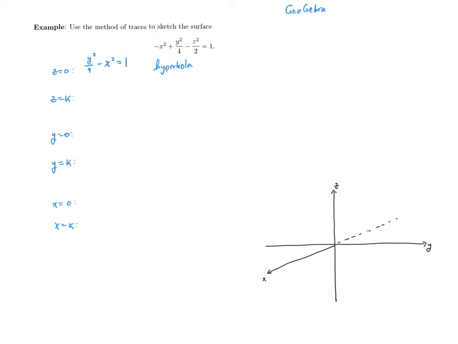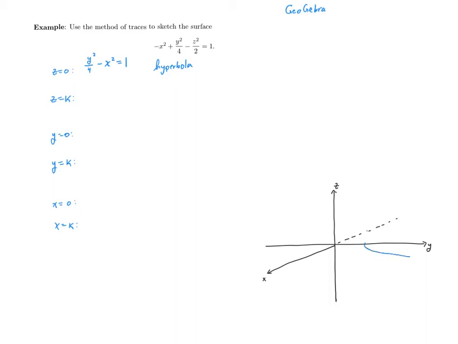If we remember back to the first video discussing hyperbolas, this is going to be a hyperbola on the z equals 0 plane, so that would be the xy plane. Because of the form here, it's going to open along the y-axis, and its y-intercepts are going to be plus or minus 2. So if we were to go ahead and sketch this,